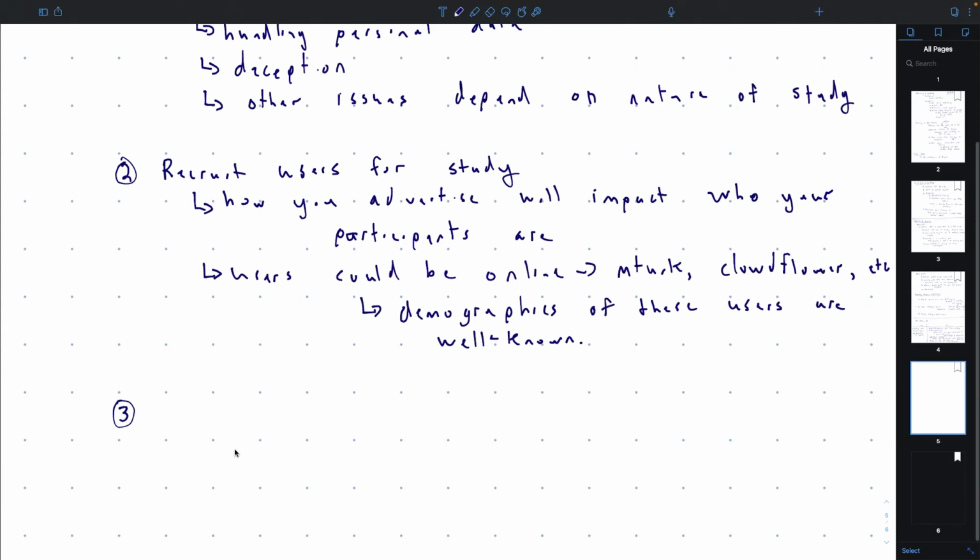Okay, the next thing is you recruit a bunch of users, so that's fine. Now you have a list of 500 people that want to do your user study. Usually you won't select all of them. You're going to select some of them. The reason you select them goes back again to representativeness. You want a good mix that matches your target user as much as possible.